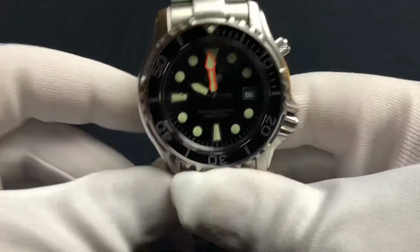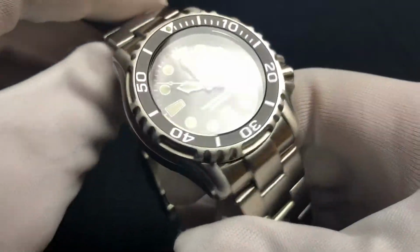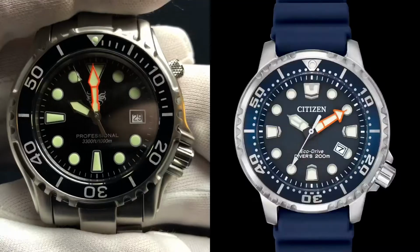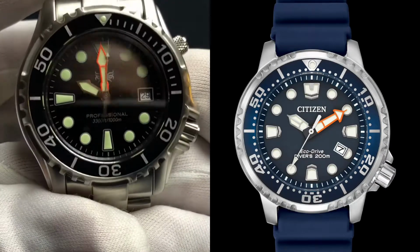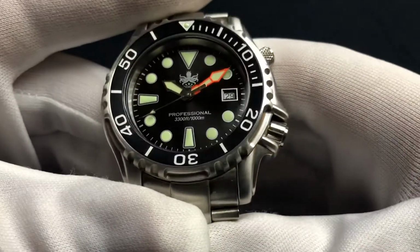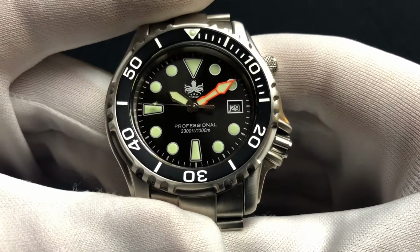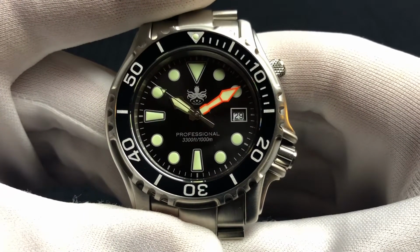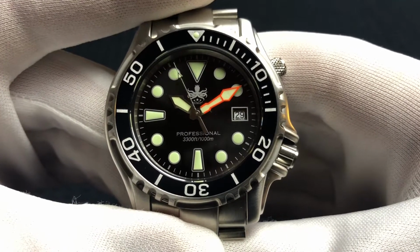And of course, on first glance, this watch sort of has a resemblance to the Citizen ProMaster, which I would say that the Citizen ProMaster Eco-Drive is probably the direct competition for this watch. So you've got all printed indices today on a sunburst black dial, and in the sun this really looks pretty cool. A date window at 3 o'clock. It is framed by a printed frame, and of course you've got that really, really cool, gorgeous Phoibos logo just below the 12 o'clock marker. And then just above the 6 is Professional